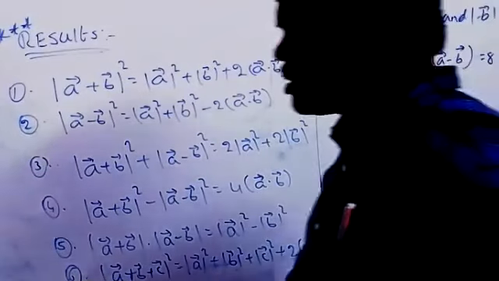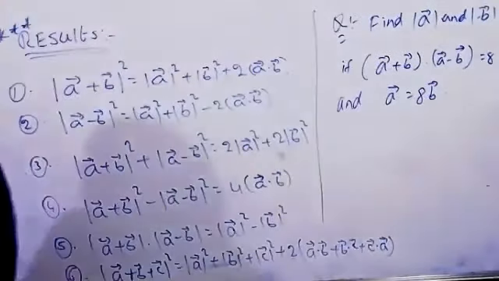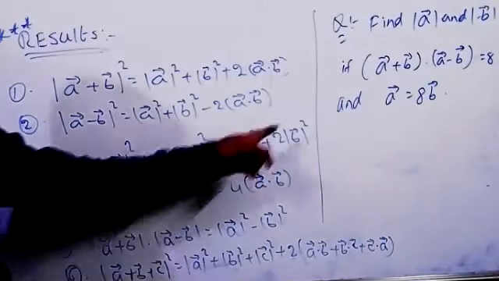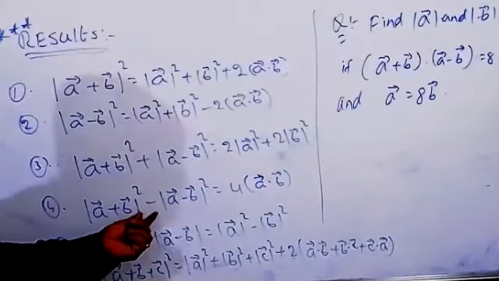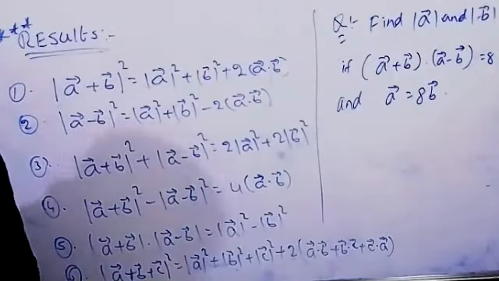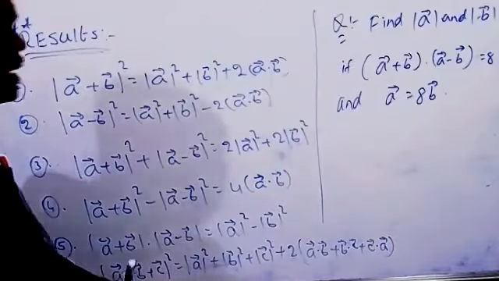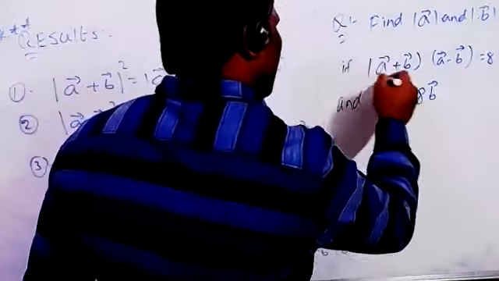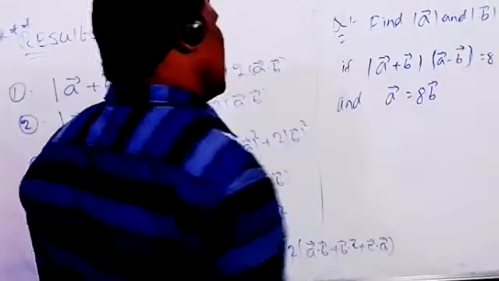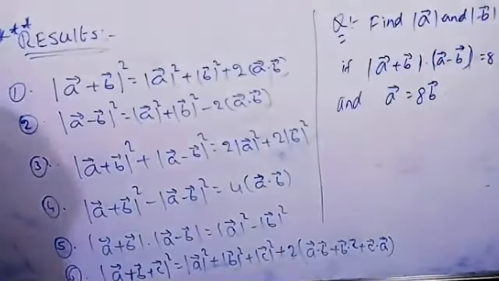Yes, try this question now. Very easy. Already we have the formulas. A plus B into A minus B equal to A square minus B square. Directly you can write now. Suppose this is not only the normal bracket; if you want, you can take the modulus here. Same by using the formula. And anyhow, they give the condition also there now. What is that? A is equal to 8 into B also.